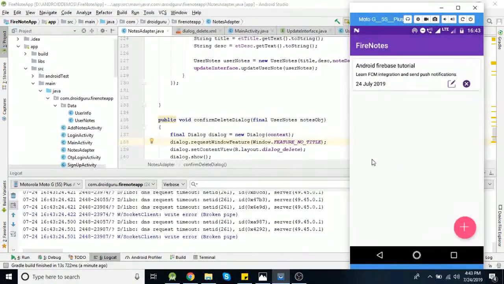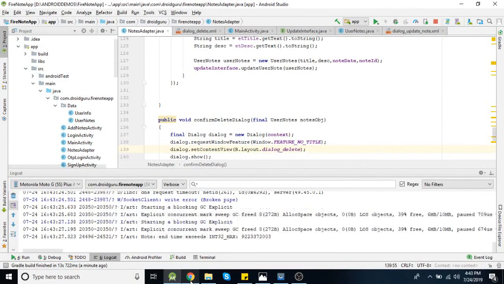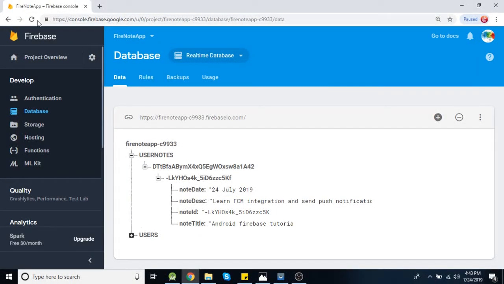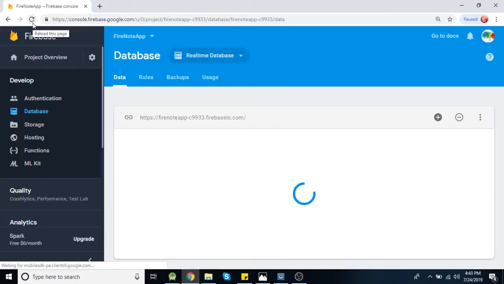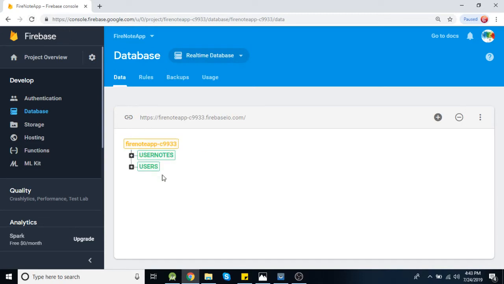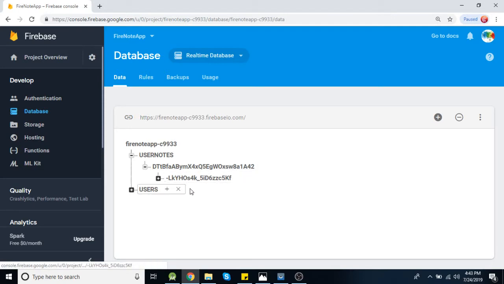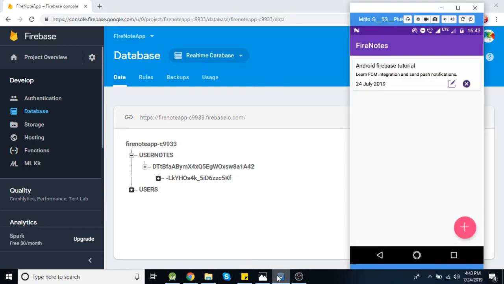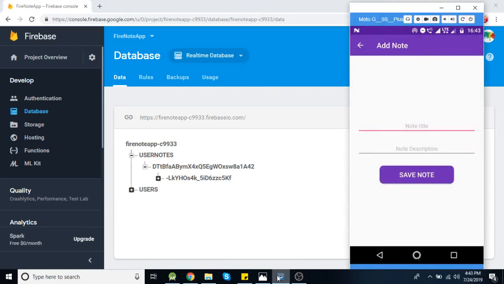Now let's check it again, or first I will check it in the Firebase console. So this has only one node, the second node was deleted. Now let's add one simple note here again.